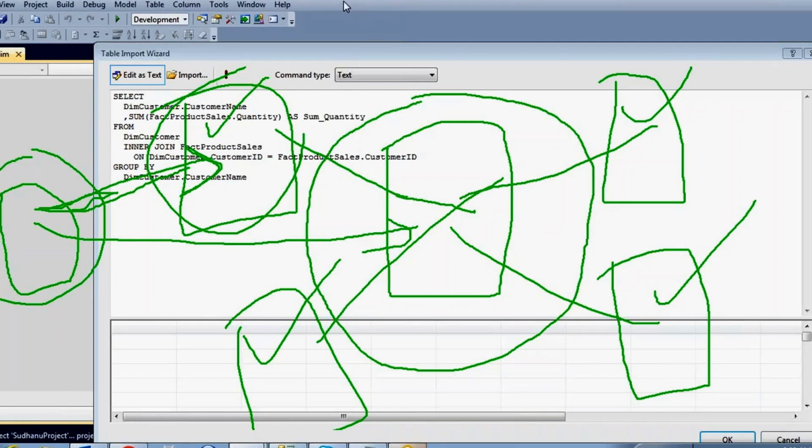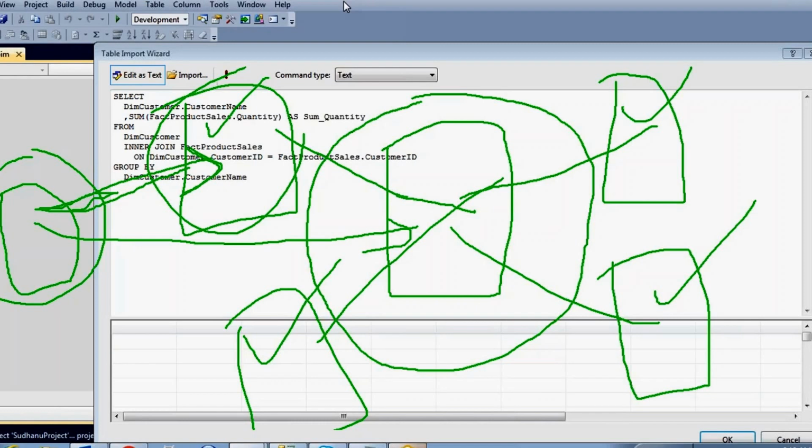Let's say a dimension contains another table's information. So the interview question will come like this: what is star schema and snowflake schema? You will tell that if all the dimensions have a direct relationship with the fact table, it is a star schema. If there are child dimensions, then it is called a snowflake schema. Those dimensions don't have a direct relationship with the fact table.